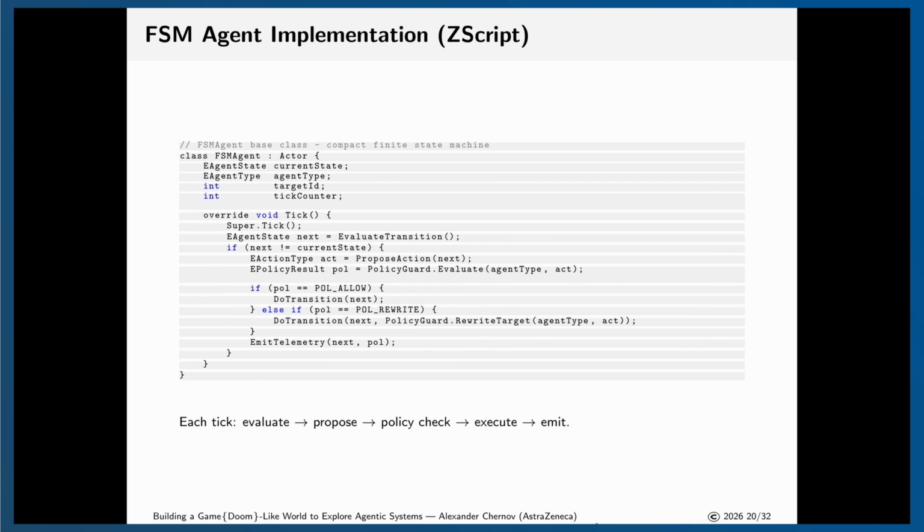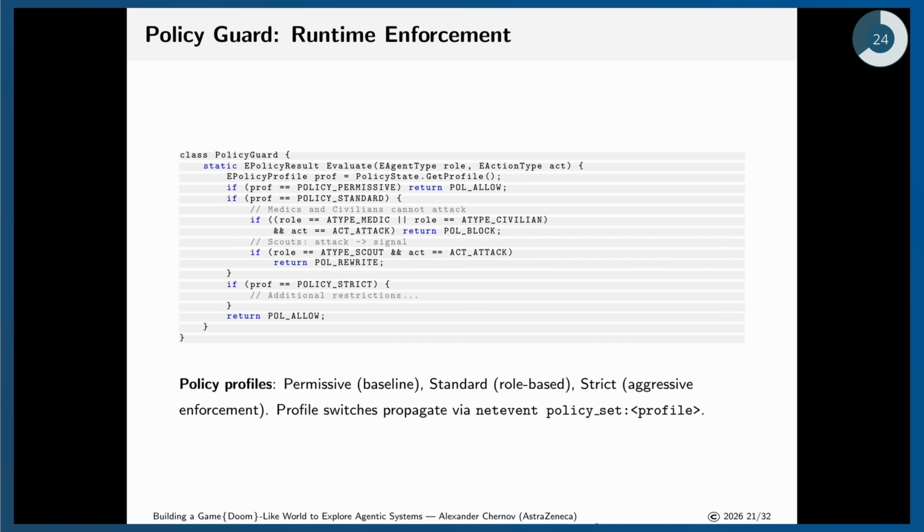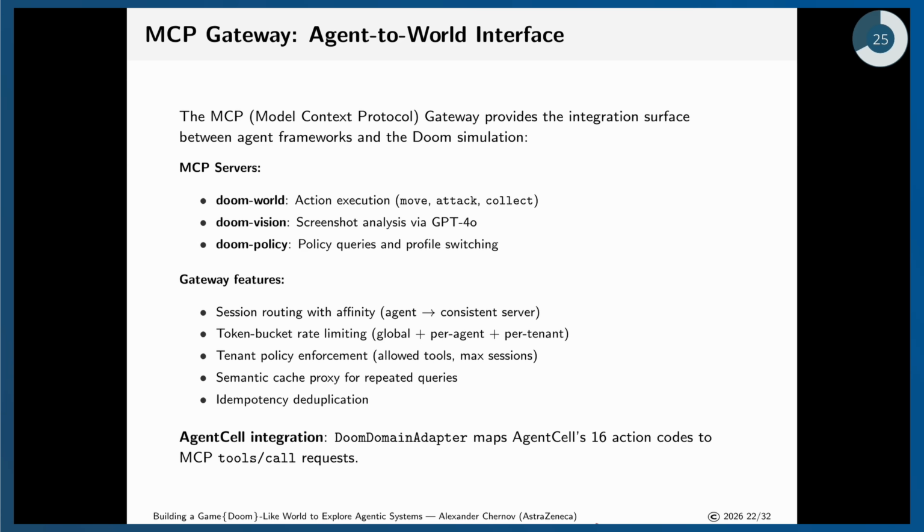Those scripts are compiled at the time when the application is being executed, so it can be runtime deployable. Every time we update or change them, we can push them while the game is running. So it's a kind of GitOps operation. Policy guard and runtime enforcement are a similar idea. For policy guard, we can have permissive, standard, and strict enforcement. So three different types of policies, and we can switch from one to another, from permissive to more aggressive.